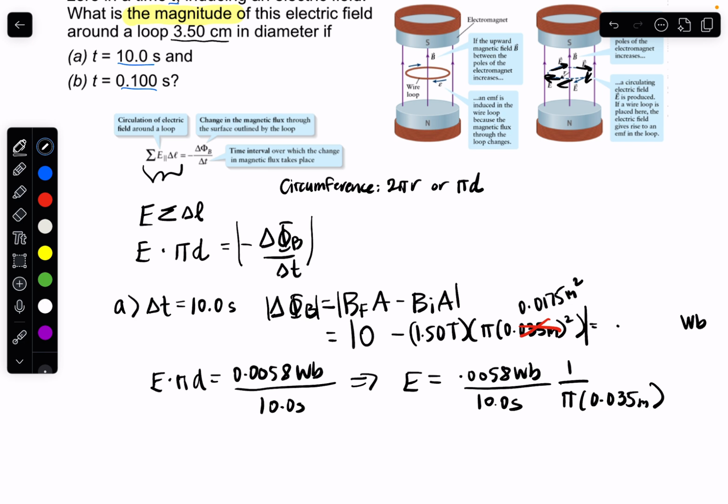the flux here. 0.0175. And so the flux becomes 0.00144. Okay, now we're back. So now let's calculate 0.00144 divided by 10 times pi times 0.035. And we get an electric field magnitude of